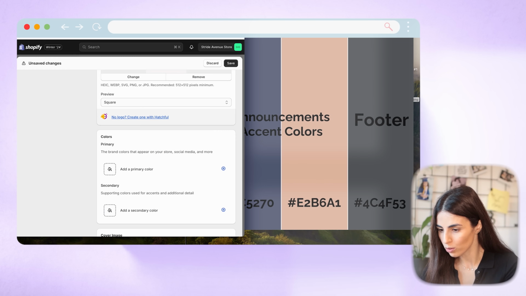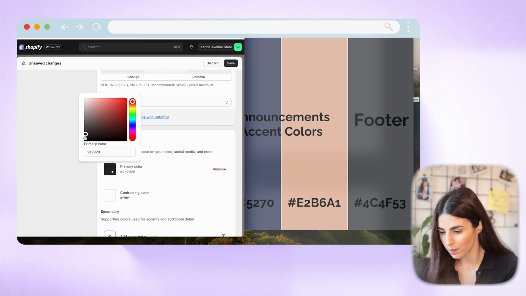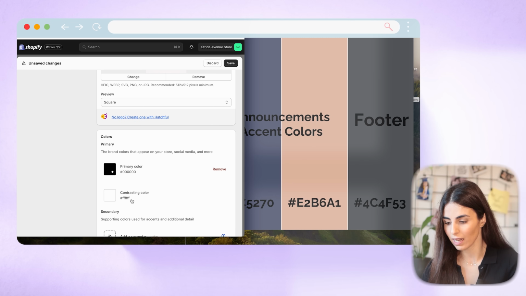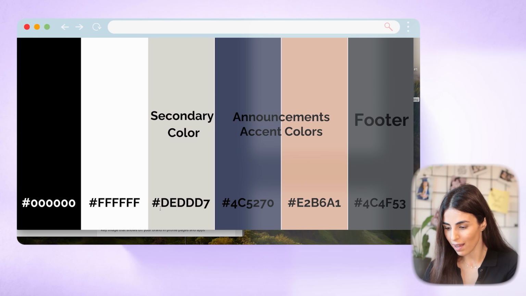So I'm going back to Shopify in here. I will start by adding my primary color, and although this is a little bit funny, it's going to be the black because this is my primary one. For the contrasting one, I will keep the white. As you can see, I was only able to define two colors, the primary and the contrasting, which is fine. Then I have the secondary color, and this time I have this hex, so I need to copy the